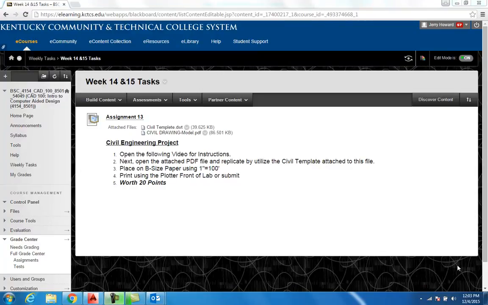Welcome to week 14 and 15 and the final assignment in our CAD 100 class. Now it's going to be a civil engineering project, and it's really going to be a fun little project. It is a basic drawing of a plat, and it's right here in the week 14 and 15 task list, assignment